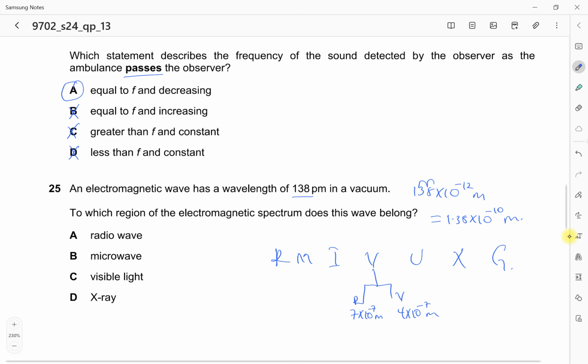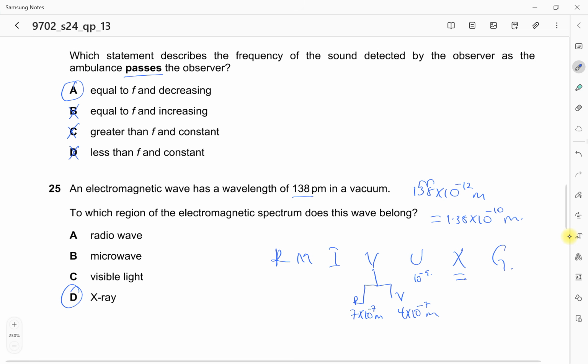Minus 10 means the power of 10. When I subtract 2, I get 10 to the power of minus 9, which is approximately ultraviolet. 10 to the power of minus 10 is approximately going to be X-rays, so the answer is going to be D,